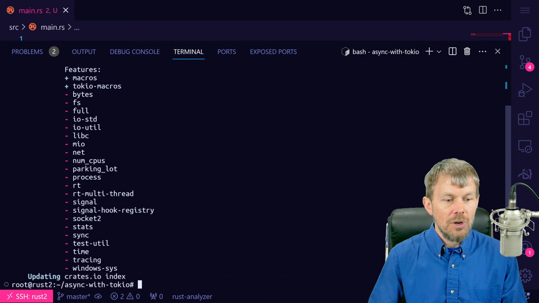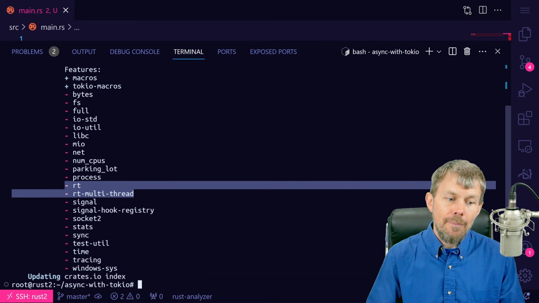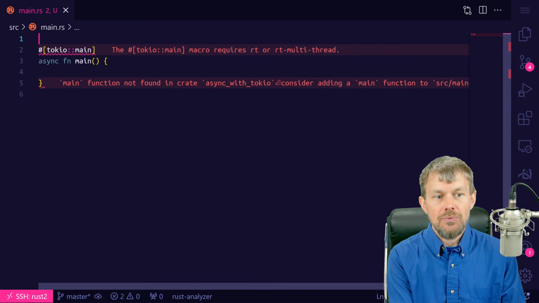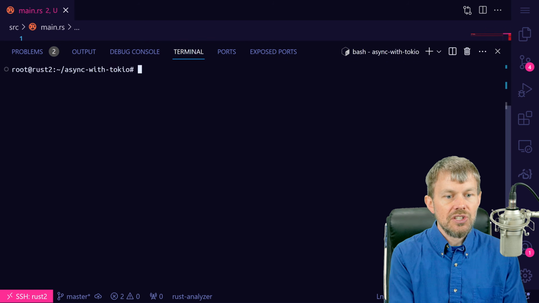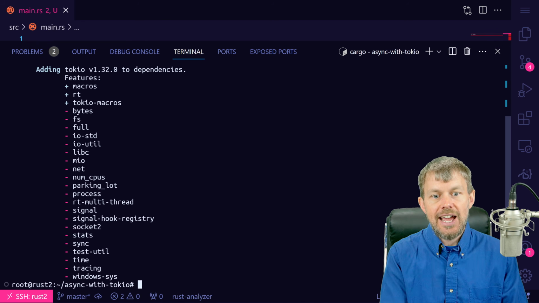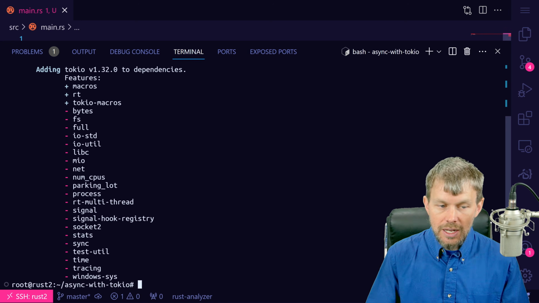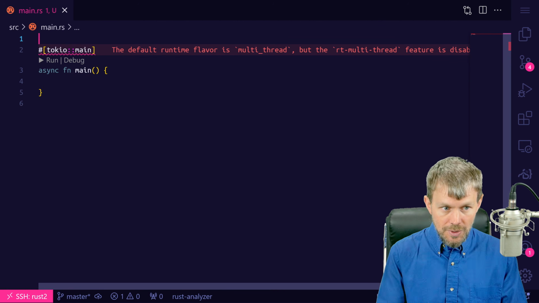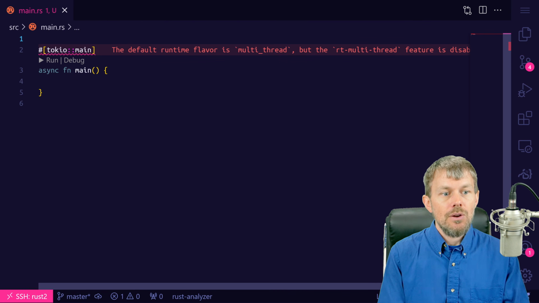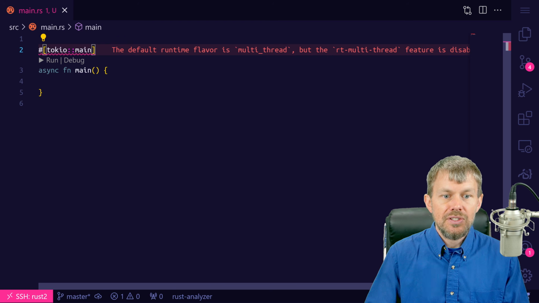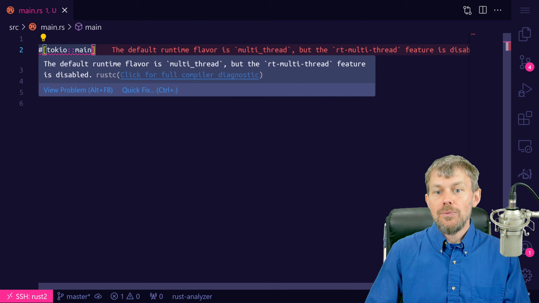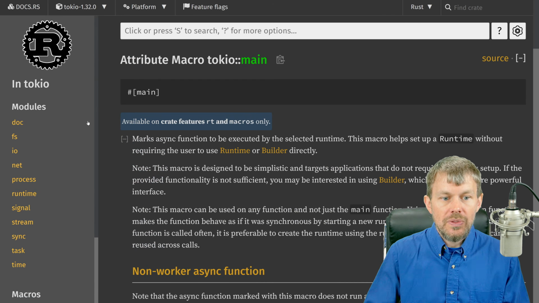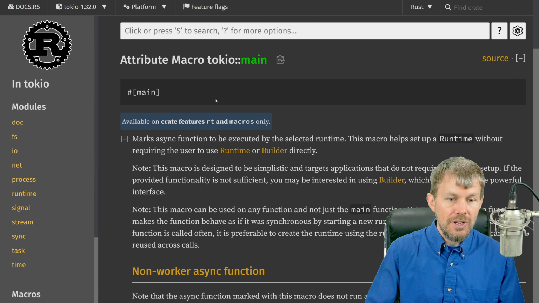So once again, we're going to have to go down here, look at this feature list and say, well, I need the runtime, the Tokio async runtime, so I need to enable the rt feature here. So once again, we're just going to say cargo add, and we'll just add the standard runtime, the single-threaded runtime rather than the multi-threaded runtime. So now in our attribute here, it says the default runtime flavor is multi-threaded, but we have not enabled the multi-threaded feature. So now if we take a look at the documentation for this main attribute macro here in Tokio,